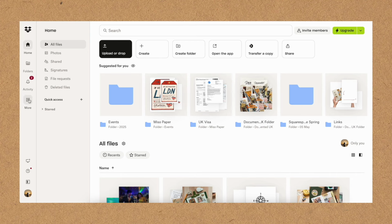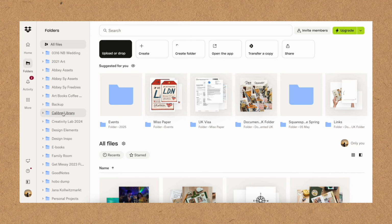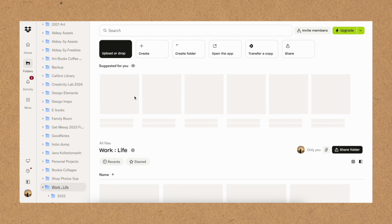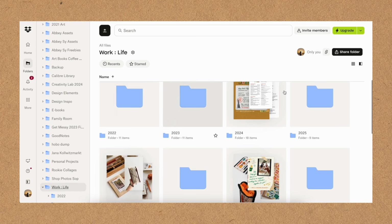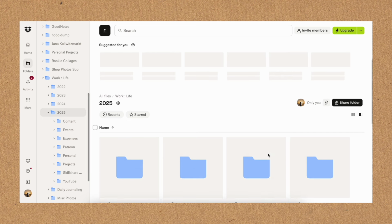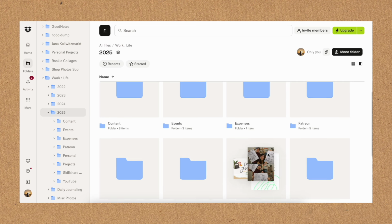Last but not the least, I have my own cloud storage and I use Dropbox for that. So Dropbox has been one of my favorite tools since probably university, because I love the fact that you can share the links and you can copy them and they sync everywhere. Since I started my business, I upgraded to the business plan because I have a lot of videos, I have a lot of footage that I need to send to people, and it's also been so easy to connect through